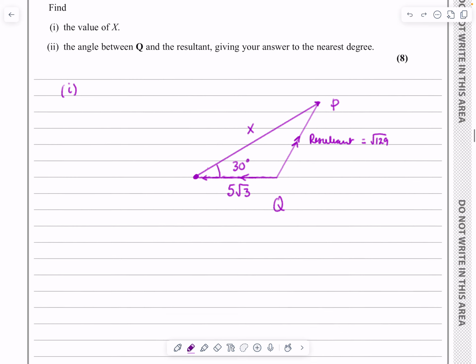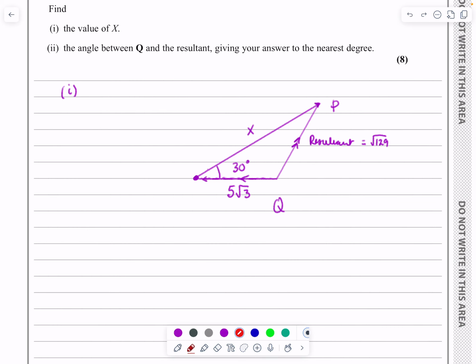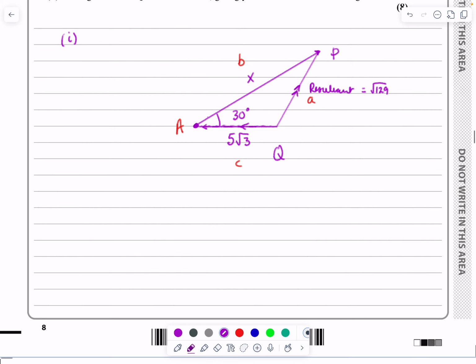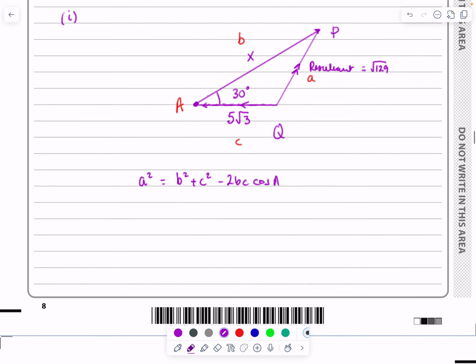So if it was a cosine rule question, change my colour so I can show you what I'm doing, this would be angle A, this would be little a, B and C, it doesn't matter which way around that we do them, but if I do have that scenario, I can then say a squared is equal to b squared plus c squared minus 2bc cos A,